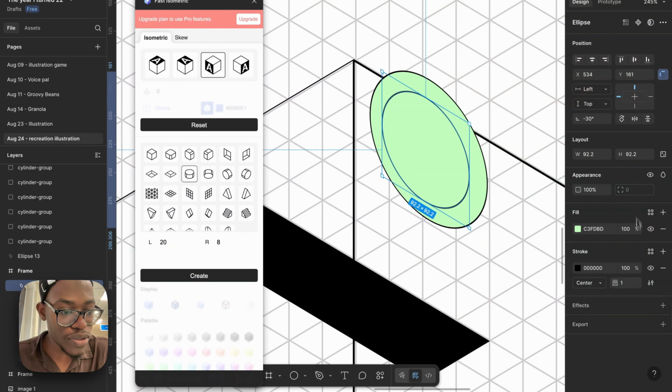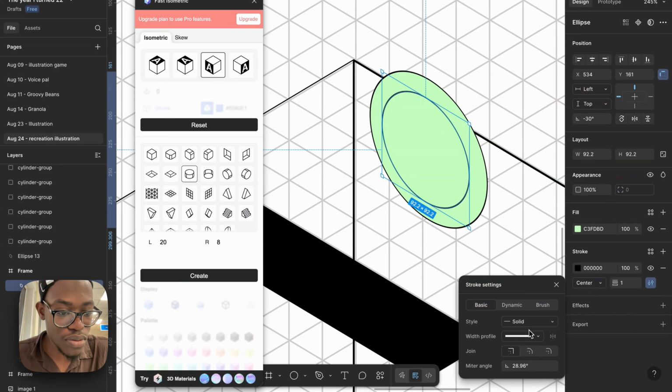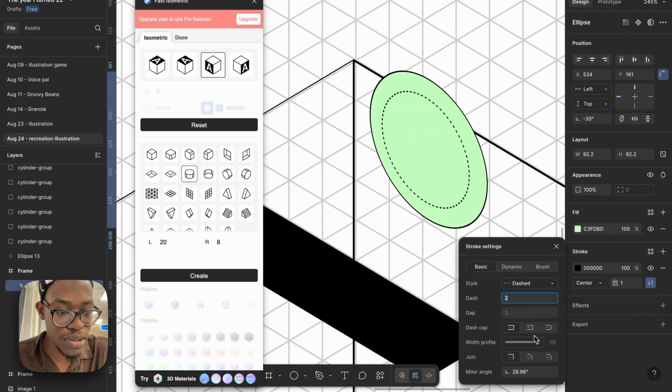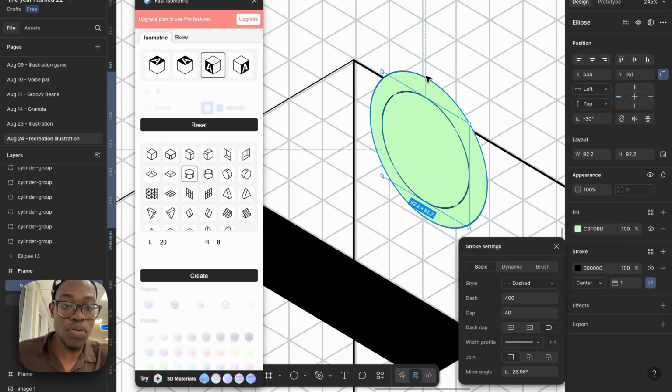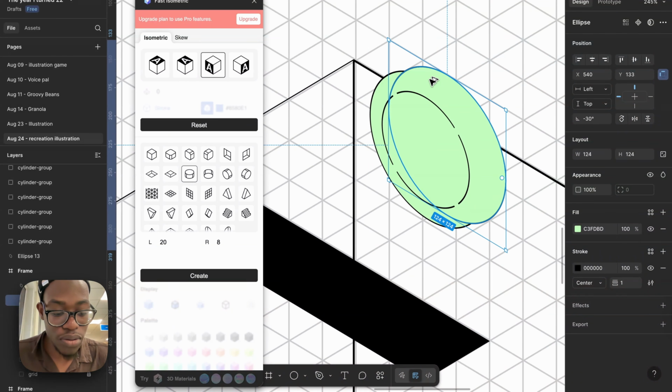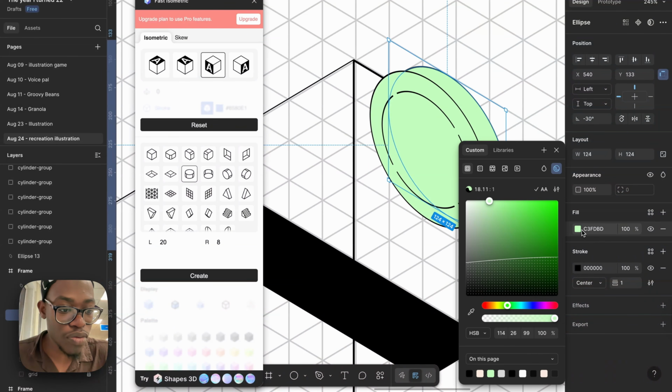and you're going to come over to a stroke, dynamic, dashed, give it a big number, 400, give it a small spacing, 40, give it a round cap. Yeah, cool. This one again goes to the back. Go to the back here, come over here, go to the back,